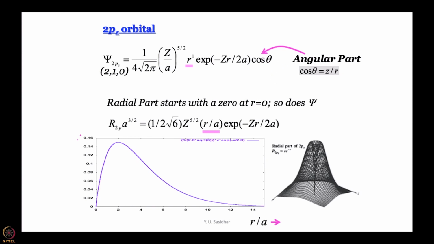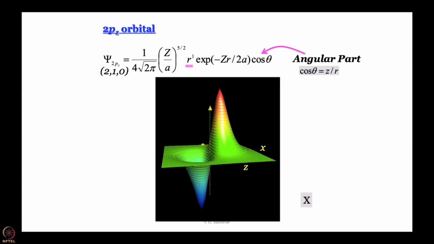So where is the node? The node arises from z equal to 0, and z equal to 0 being a node, the function is going to change sign. The way we have drawn it here, I am not going through the exercise of trying to plot it in real time, because you have seen enough of it, now you can do it yourself. The way I have plotted it is that the vertical axis is psi, this horizontal axis is z, and the one perpendicular to the plane of the projection is x. I have neglected y for the time being.